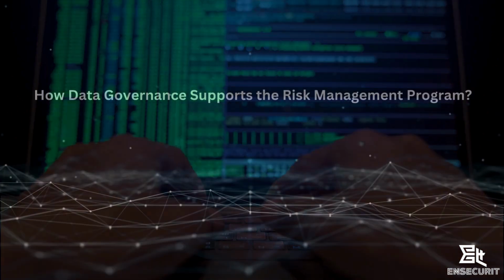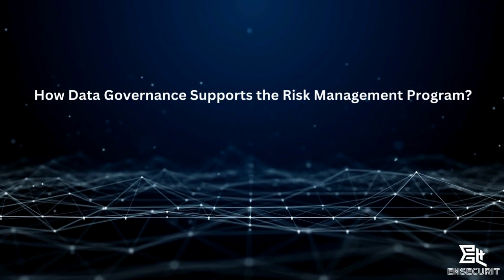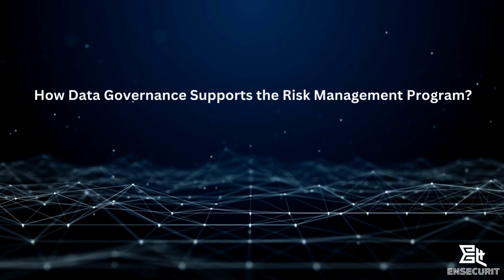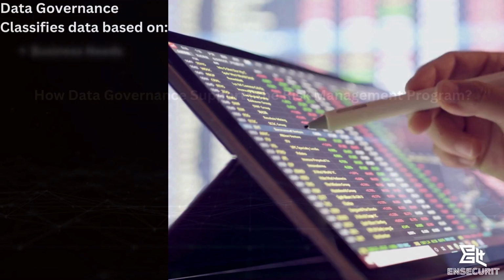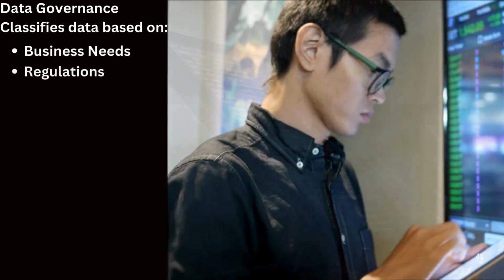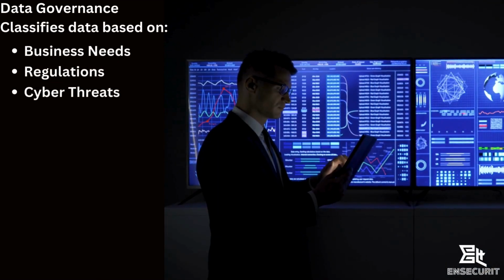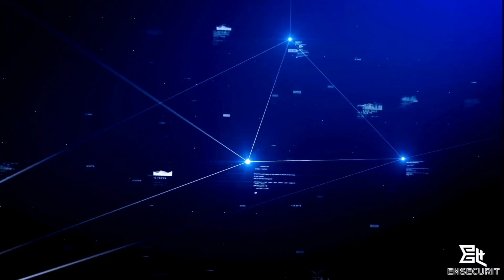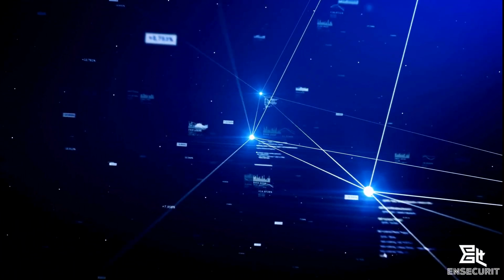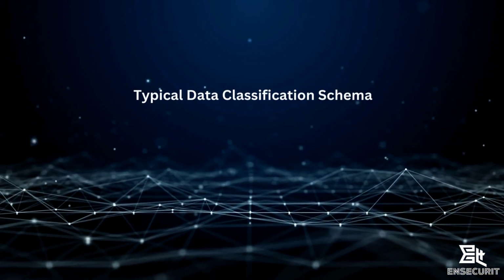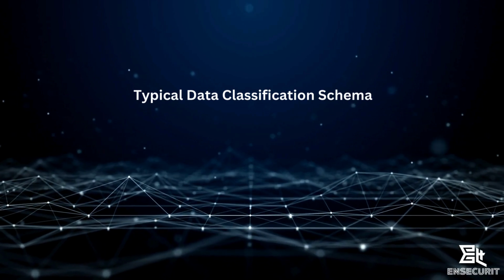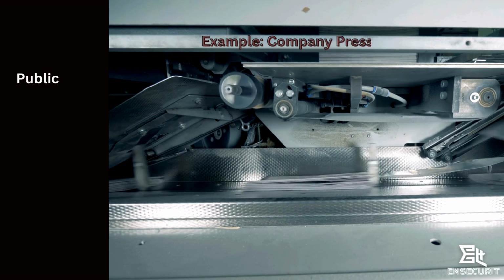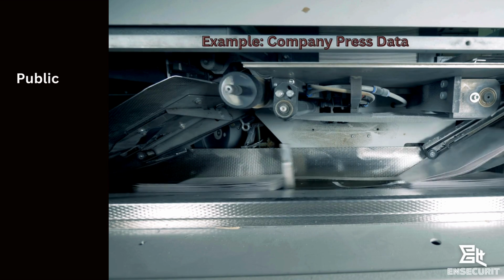Now we get to the point where we discuss how data governance supports the risk management program and cybersecurity. Based on business needs, regulations, and cyber threats, data governance helps to classify enterprise data using a simple confidentiality classification schema. A typical classification schema might include the following four confidentiality classification levels: public, data available to anyone, including the